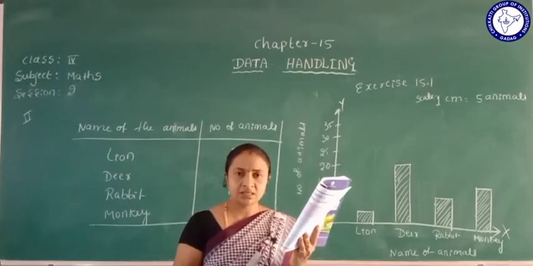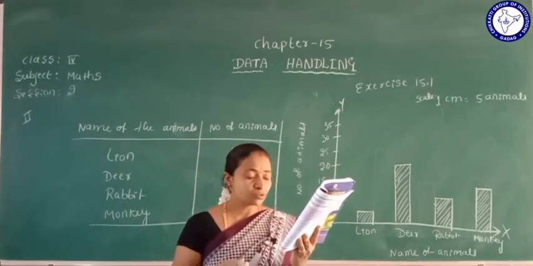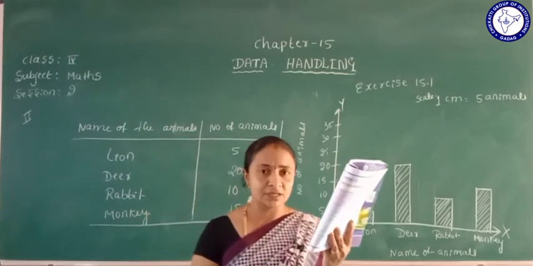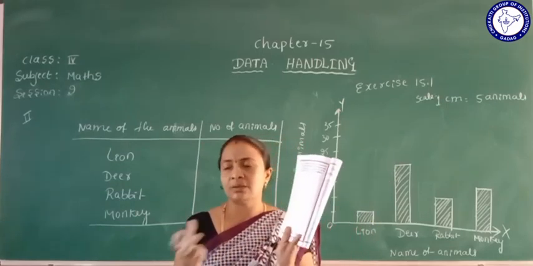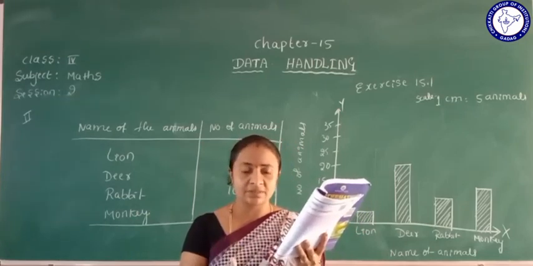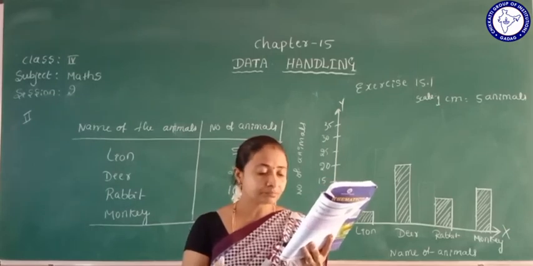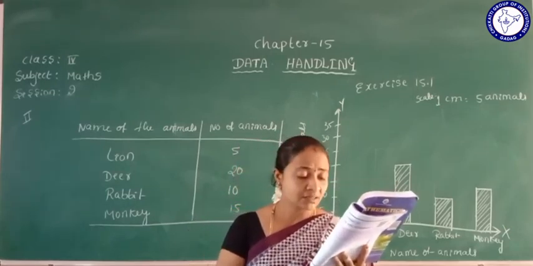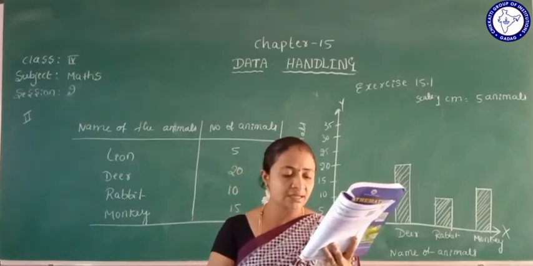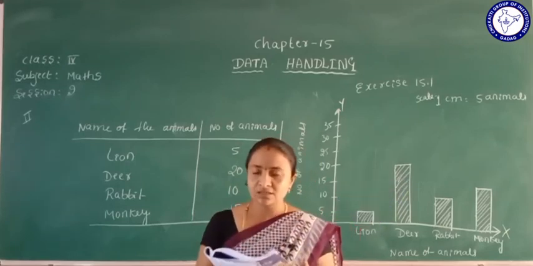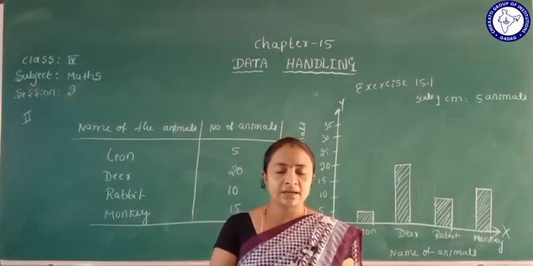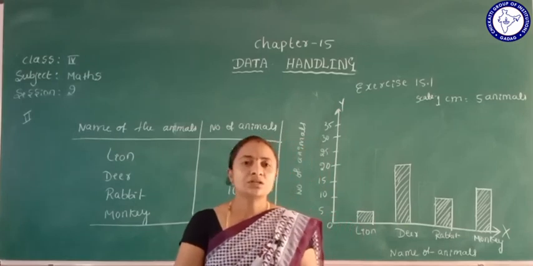Bhavageete, Janapada Geete, Kolata, Chadma Vesha. Whatever you like, select any 4 competitions, and write down the number of students. For example, 5 members participated in Janapada Geete, 8 members in Bhavageete, 2 members in Chadma Vesha, and 10 members in Kolata. So 10 students participated in Kolata. Like this, first construct the table and next draw the bar graph.